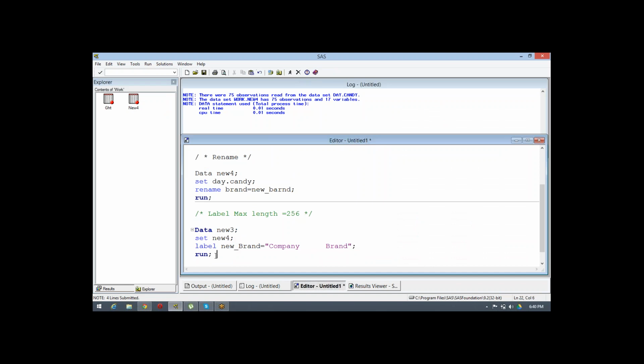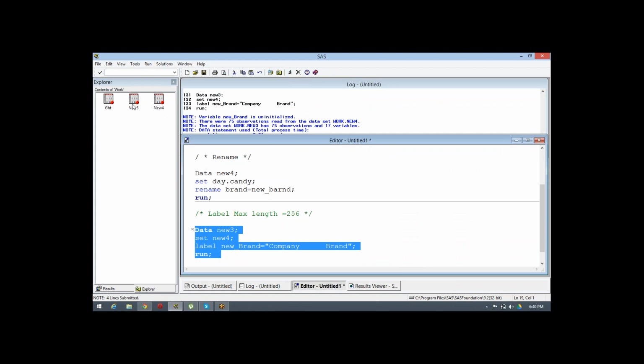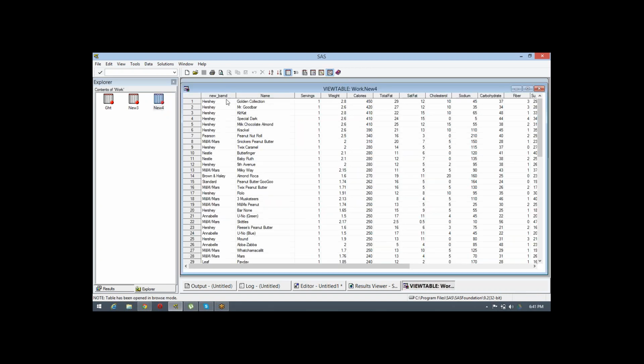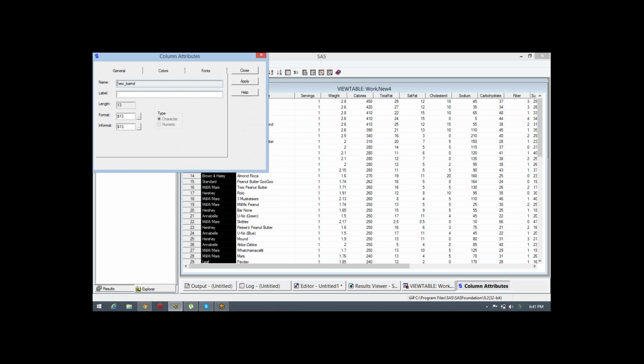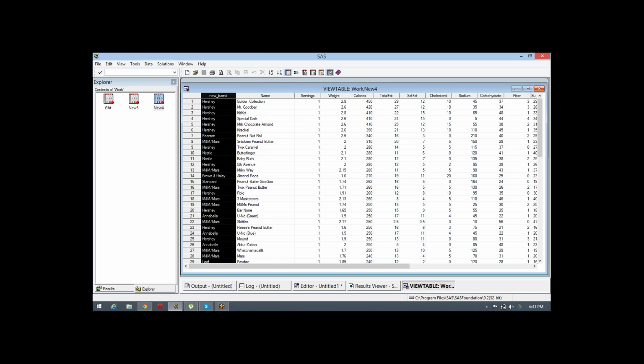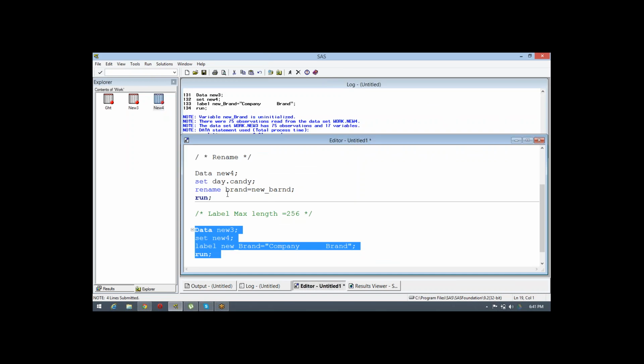Ravi, one basic question here, I got a little confused. Data new 3, we are creating a new data set, right? And the set new, what are we exactly doing with it? New 4 is already created. I'm just trying to understand what data new 3 is doing and what set new 4 is doing.